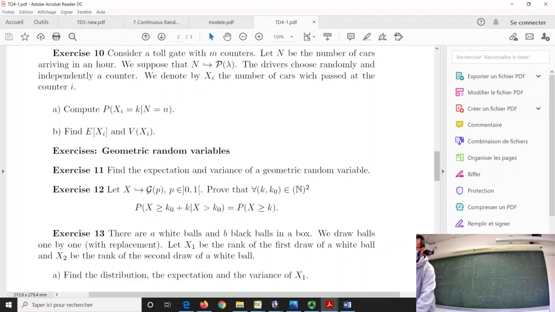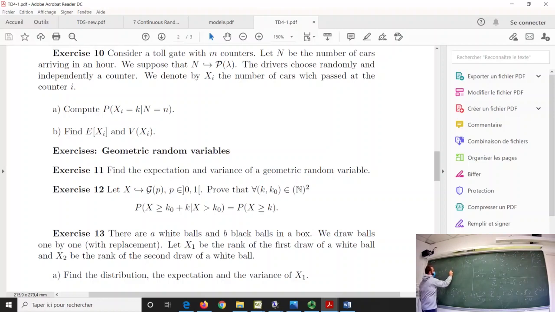Okay, now it's almost finished. We are going to try to simplify a little if it's possible. I see that I have still one simplification here. I can simplify the exponential minus lambda with the lambda coming from the first factor here. So this one and this one disappear. And at the end, I finish just here. At the end, the probability that xi is equal to k can be written this way: exponential minus lambda over m,